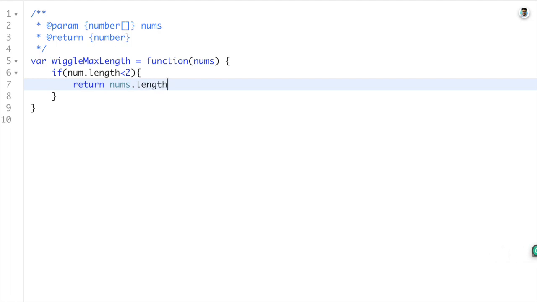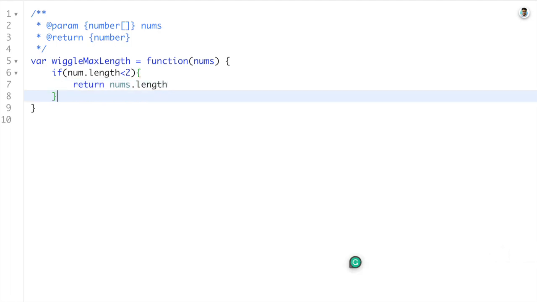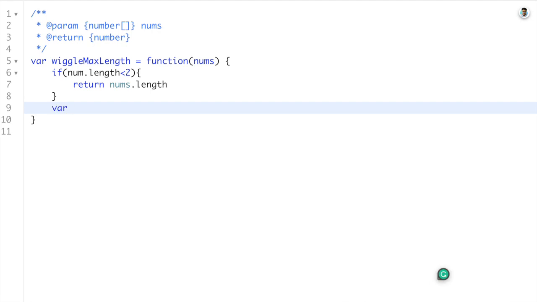So for 0 it will be 0, for 1 it will be 1. And now let previous diff equal to nums 1 minus nums 0. So this becomes our initial value,